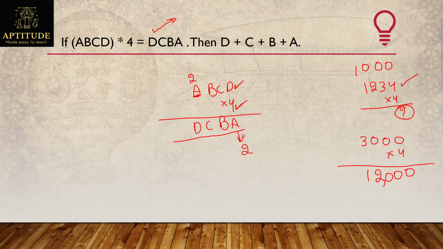Now I came to know A should be 2. Now tell me, what should the D value be such that if I multiply D with 4, the unit digit should be 2? So if you multiply which values, you will get the unit digit as 2? 4 into 1, 4. 4 twos, 8. It's not ending with 2. 4 into 3, 12. Yes, this is possible, right? If I take the D value as 3, it ends with a 2. Which means if I fix the D value as 3, here also the D value is 3.